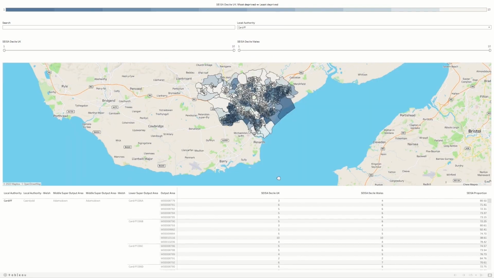Now that I have entered full screen mode, you can now see the entire mapping dashboard. The maps will expand to fill the entire screen. Please utilise full screen mode if you also want to be able to see more rows of the table underneath the maps. To exit full screen mode, you simply need to click this button down here in the bottom right-hand corner of your screen. Alternatively, you can click Escape on your keyboard.